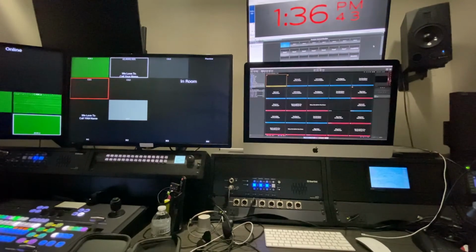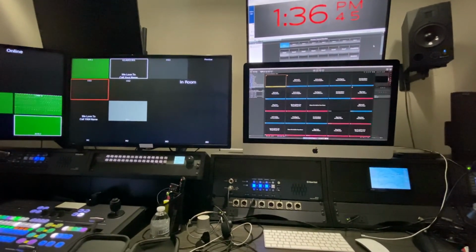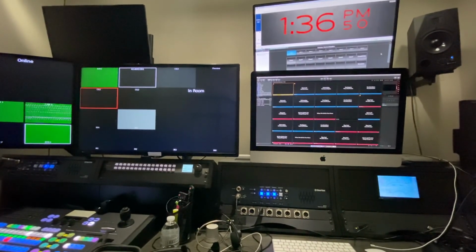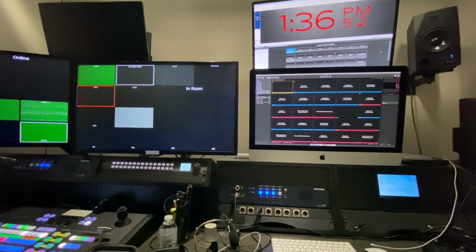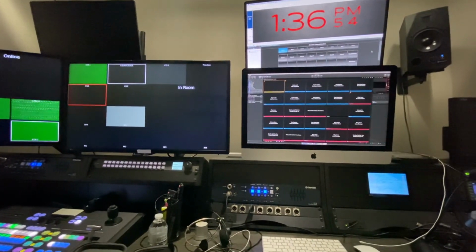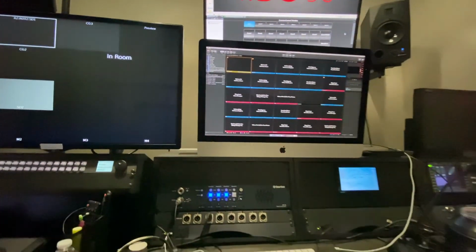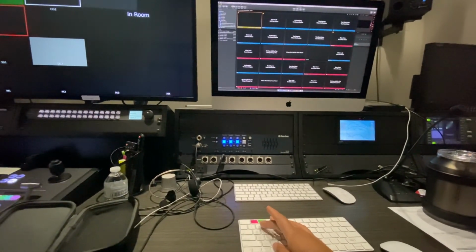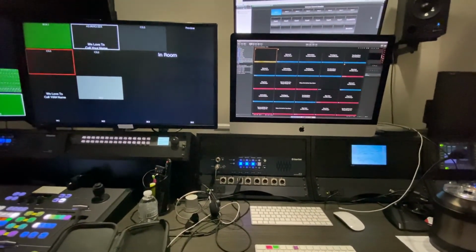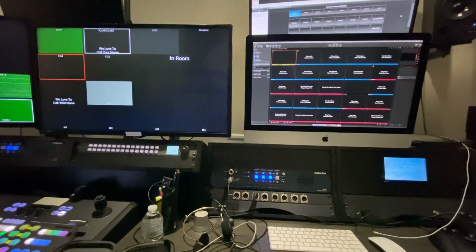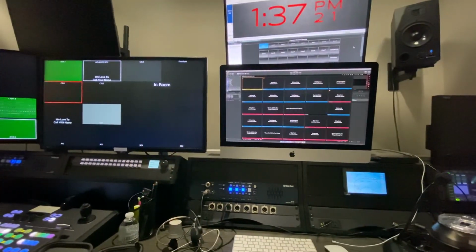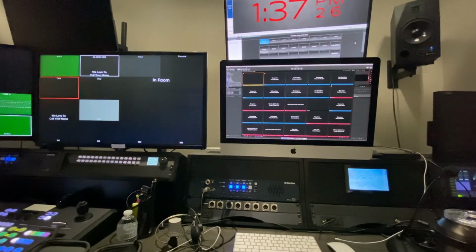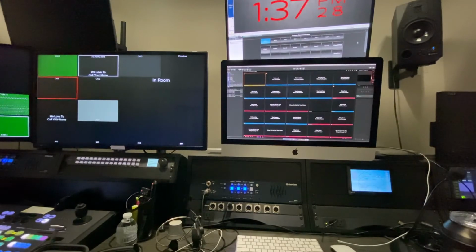But there might be a moment where you don't see anything. So right now it's black and it's like, where's the stage display? So there's two things that you can do. The very simple thing that you can do is push and hold Command and then the number 2. And what that does is it tells ProPresenter to turn on stage display. So that's the shortcut for turning on stage display, but you could also do it the long way by coming